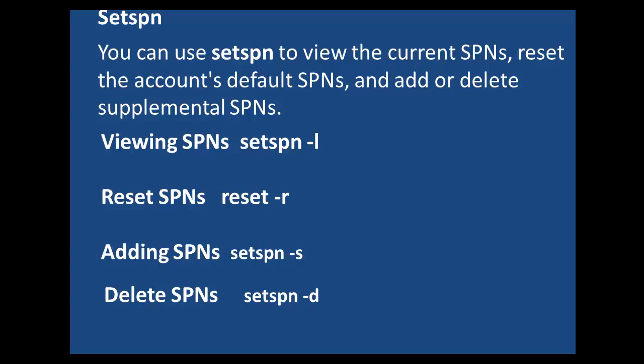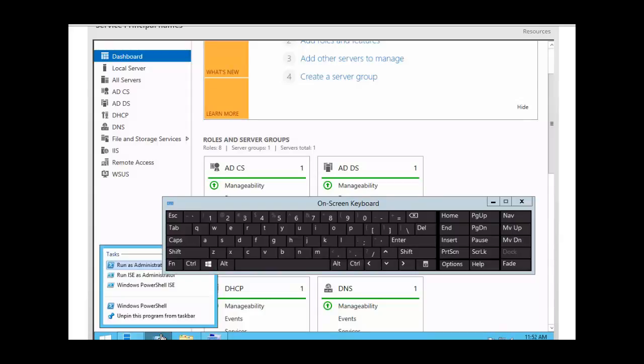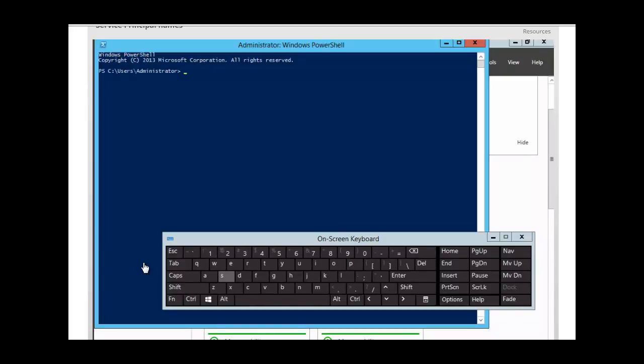Let's take a look and see how we would view the service principal name using the setspn command line. We're going to right click on the PowerShell icon and click on Run as Administrator, and we are at the prompt. What we need to do is to type the command line